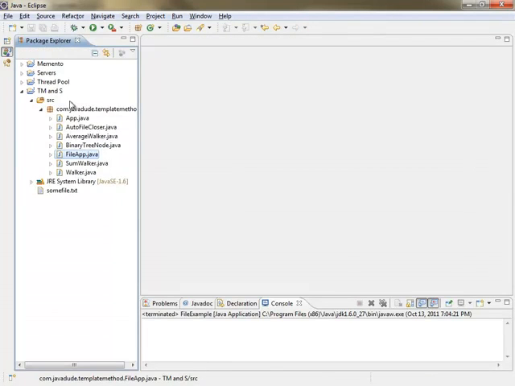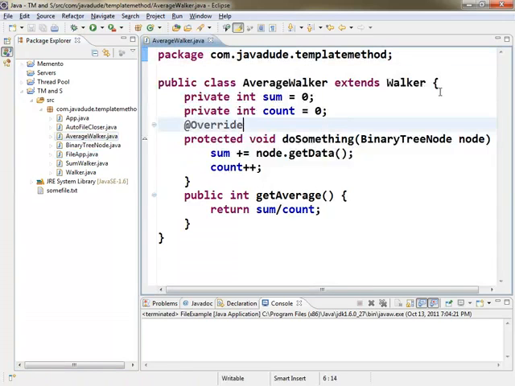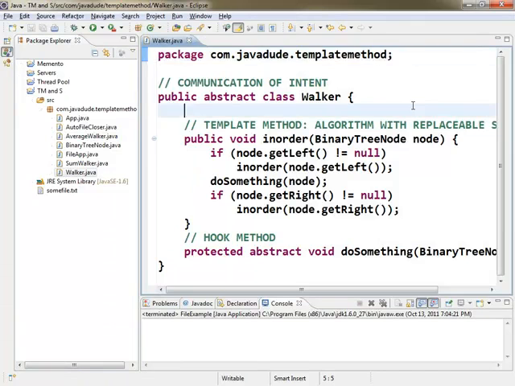Let's go back to our walker, our top-level guy. Now this guy we're using subclassing to replace a method, right? And that means you have to create a subclass every single